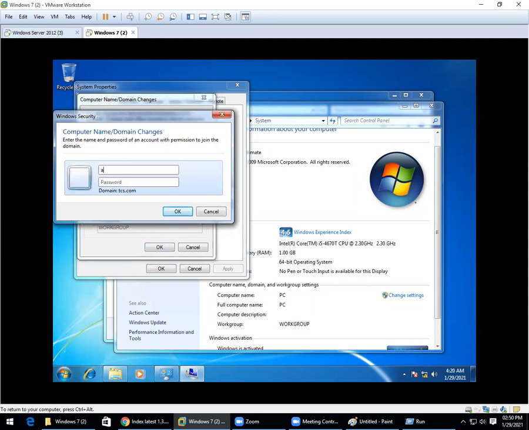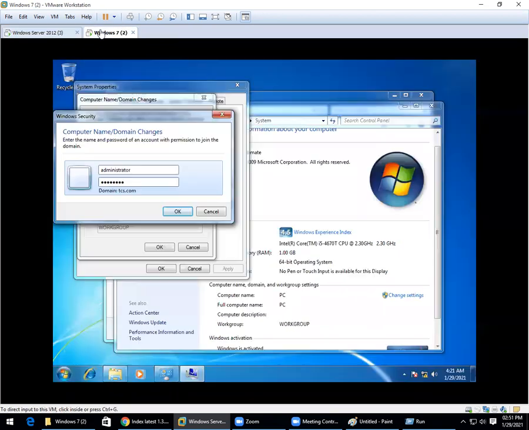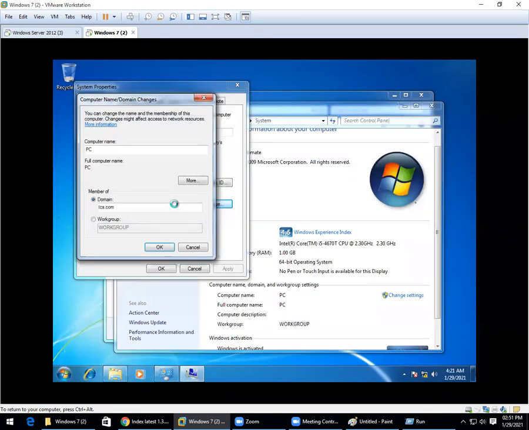It is asking the username and password of your server, because it should have those credentials. People who know about that can then add the computer into their domain. Enter the administrator and the password of the server computer. Check the spellings when you're typing administrator and the password. What is the password which you are giving here? This is the server password. If you want to cross check it, log off and log in, then come here and give it.